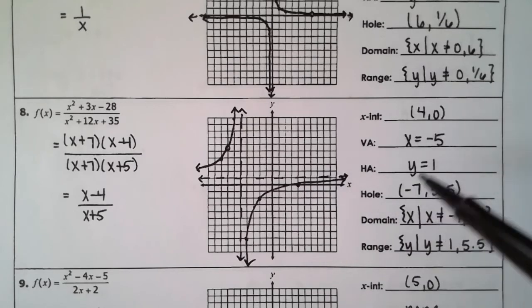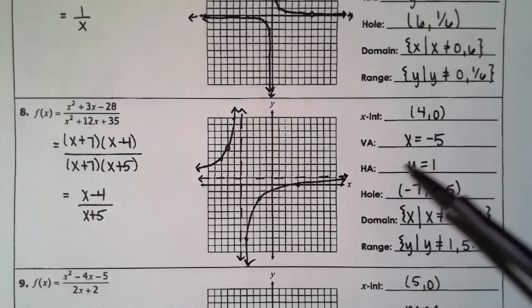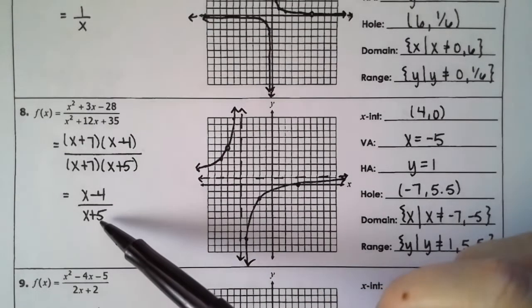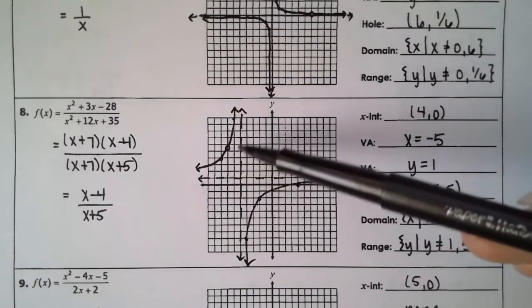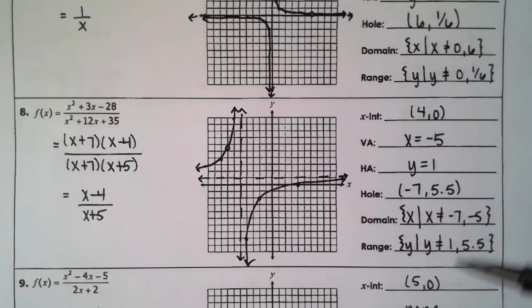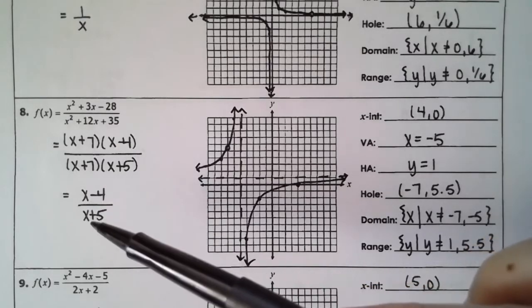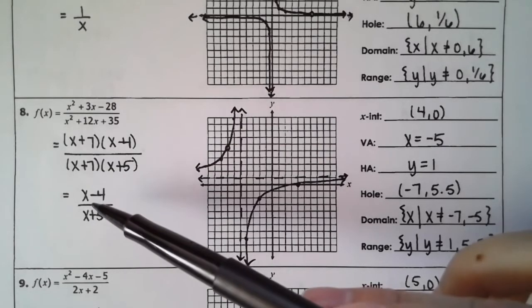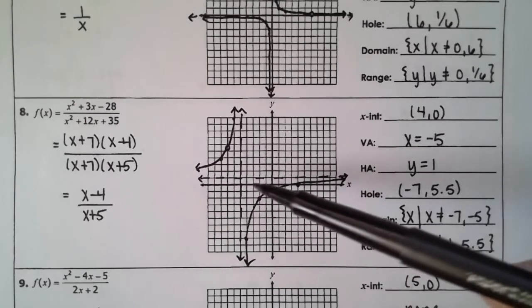So 4 comma 0, and I'm going to have this point here. Okay. For my vertical asymptote, I have x is equal to negative 5. So for vertical asymptote, set the denominator equal to 0, I get negative 5. So that's going to be this line here. Okay. For my horizontal asymptote, those are the three cases, right? Notice that the degree for the top is the same as the degree of the bottom, right? So this is the third case. So it's just leading coefficient over leading coefficient. So it's just 1 over 1, and I get y is equal to 1. So I have this horizontal asymptote,